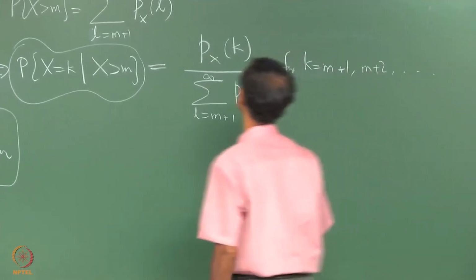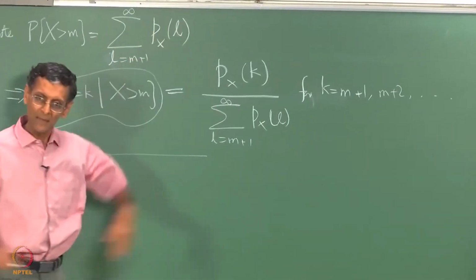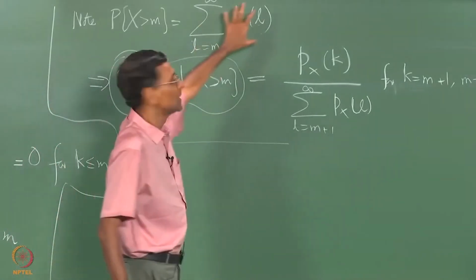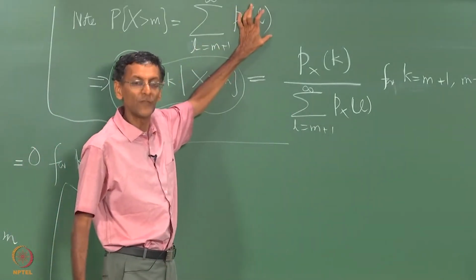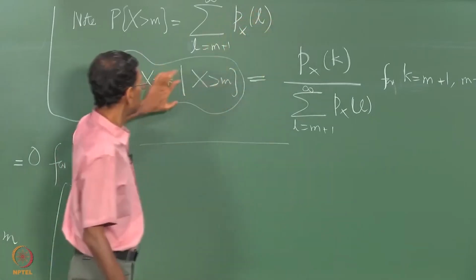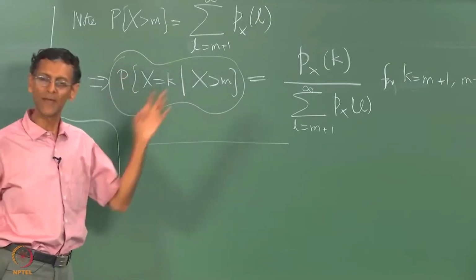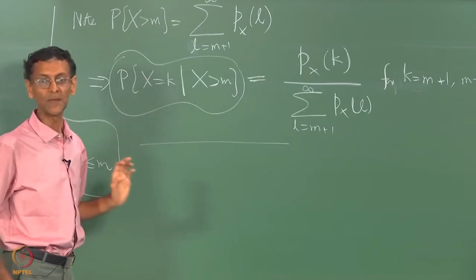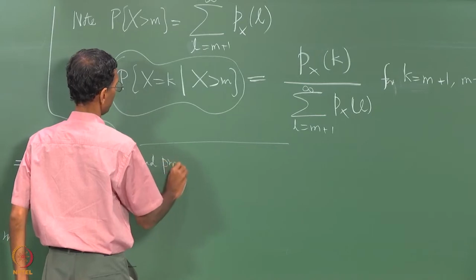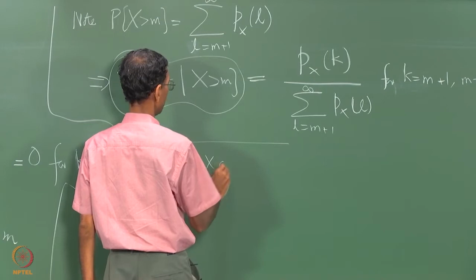Just like these guys are the basic unconditional PMF that you start with, the collection of all these probabilities from L going from 0 to infinity or 1 to infinity, as the case may be. So here these probabilities are conditional probabilities and the whole set of them is called the conditional PMF. So the conditional PMF of x given A